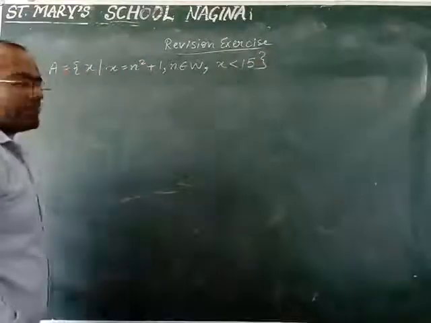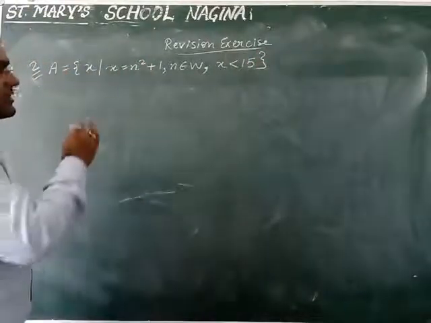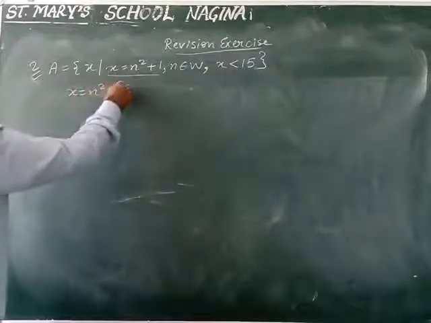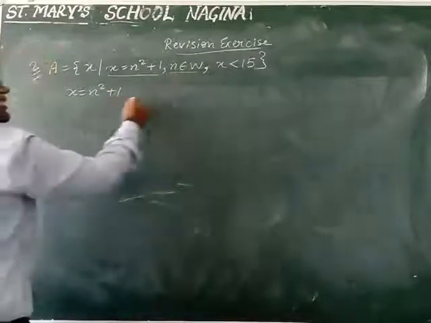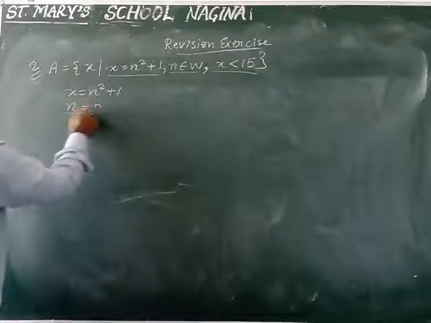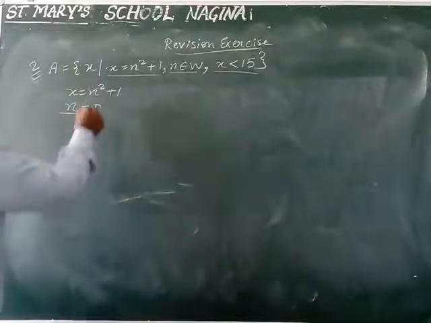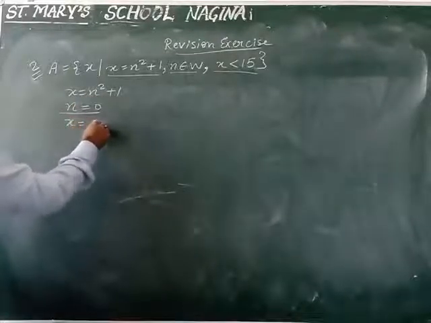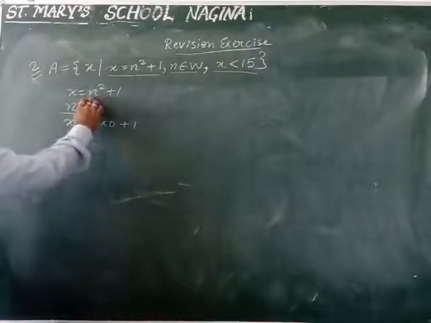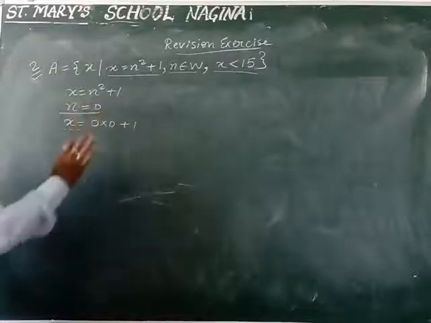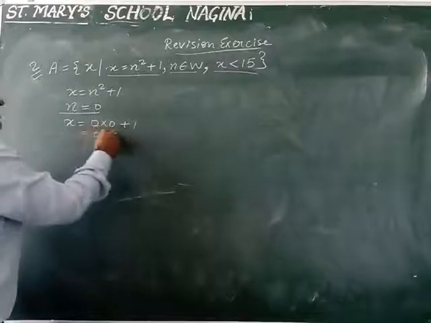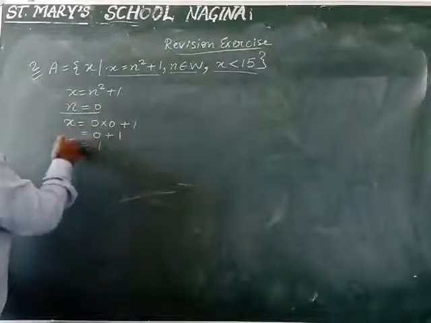So first of all what will we do? First of all we will solve it. This is the set builder form. The formula is x is equal to n square plus 1, n is a whole number and x is less than 50. So for whole number we will write n is 0. When we put n as 0 here, x is equal to 0 multiply 0 plus 1. Why did I multiply 2 times? Because the power of n is 2. So whatever n value we take, we have to multiply it 2 times. So 0 multiply 0 is 0, plus 1. So the x answer is 1.